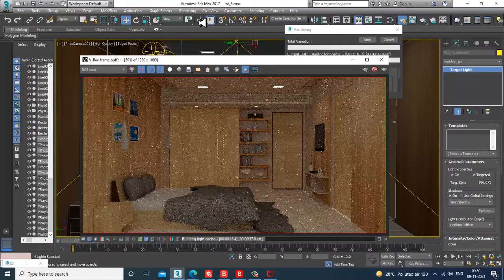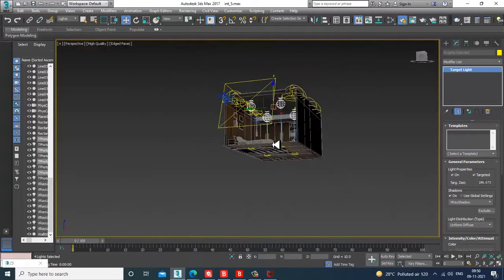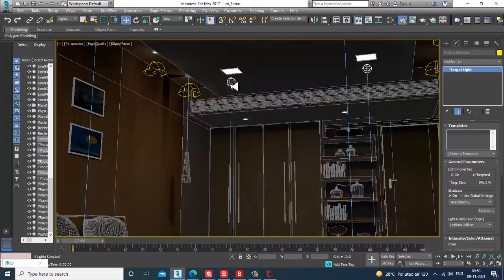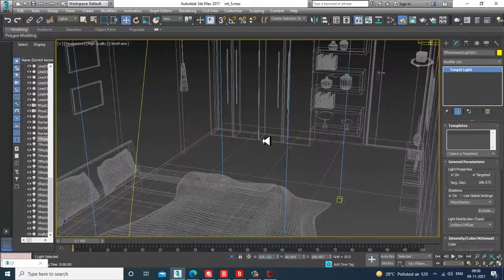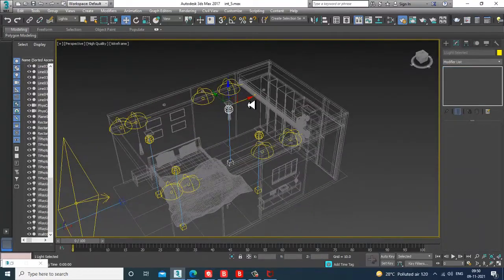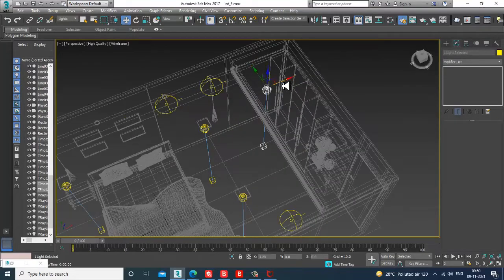Also, you can add some lights. So we do have some lights over here. I can just select this and take a copy of these lights over here.